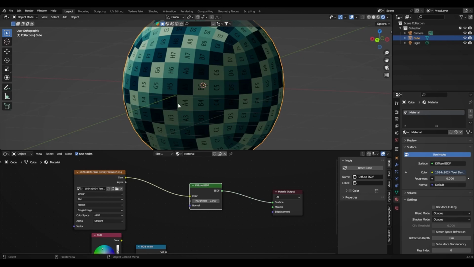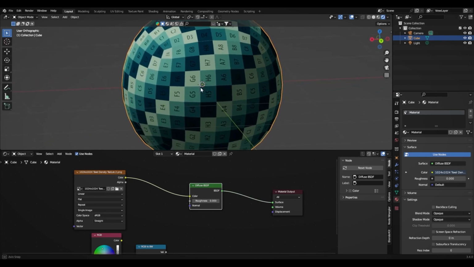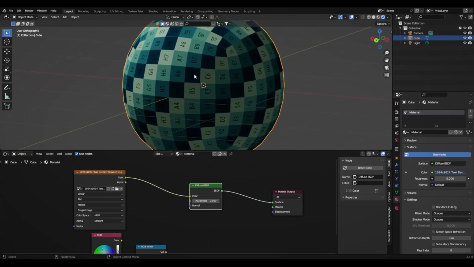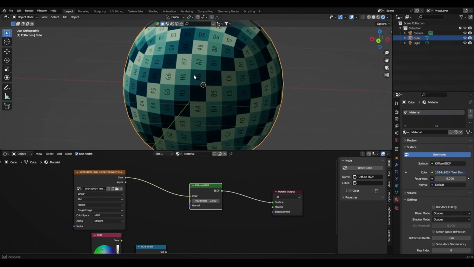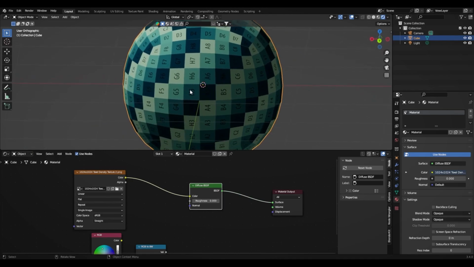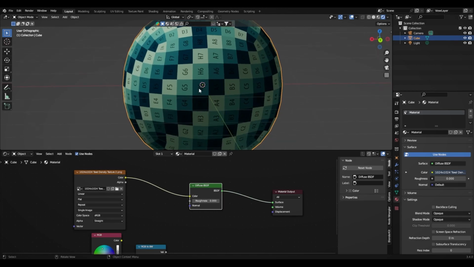So if you're thinking about materials and objects, I just have an object here that has a grid on it for educational purposes only. So I have different locations on the object, right? Let's take a location, for example, H5. If we're talking about the way materials work, it has a certain material associated with it, right? That material might have different reflectivity, it might have different absorption, or you could think of it like this. It might look like rubber, it might look like glass, it might look like a metal, and then next to it,